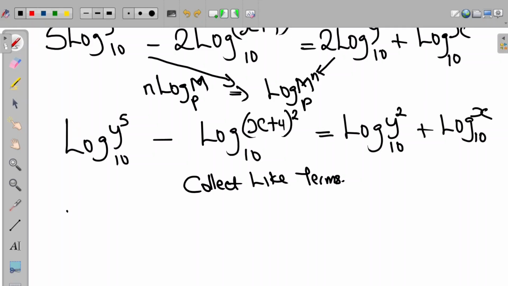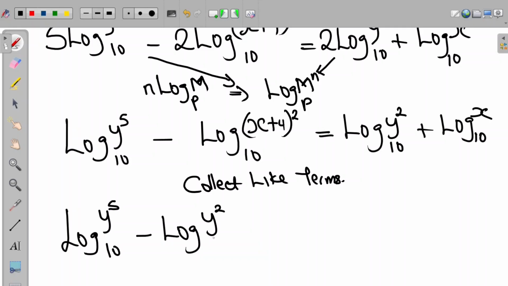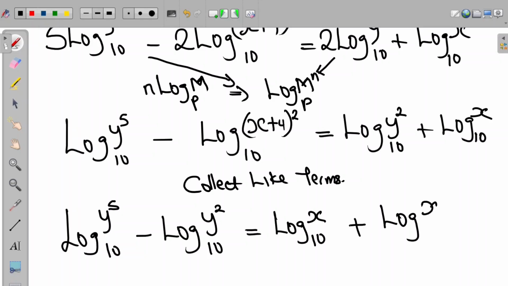So the equation now becomes log y raised to the power of 5 to base 10 minus log y raised to the power of 2 to base 10 will be equal to log x to base 10 plus log (x plus 4) all squared